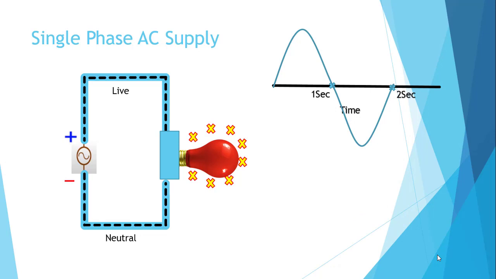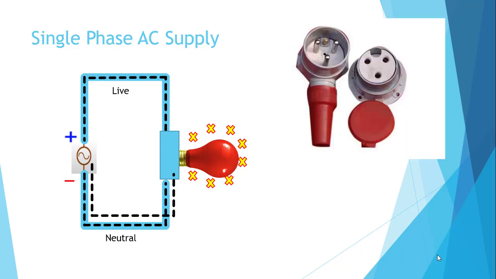Now, in case there is some issue in the connection and the live wire gets connected somewhere, let's say to the casing of the bulb, then the bulb casing might burn out. But to avoid that, the current, instead of flowing through a neutral wire, will flow back to its source using the third wire, which is called the ground wire. Single phase sockets look like this. It has 3 pins. One is for live, another is for neutral, and the third one is for the ground.